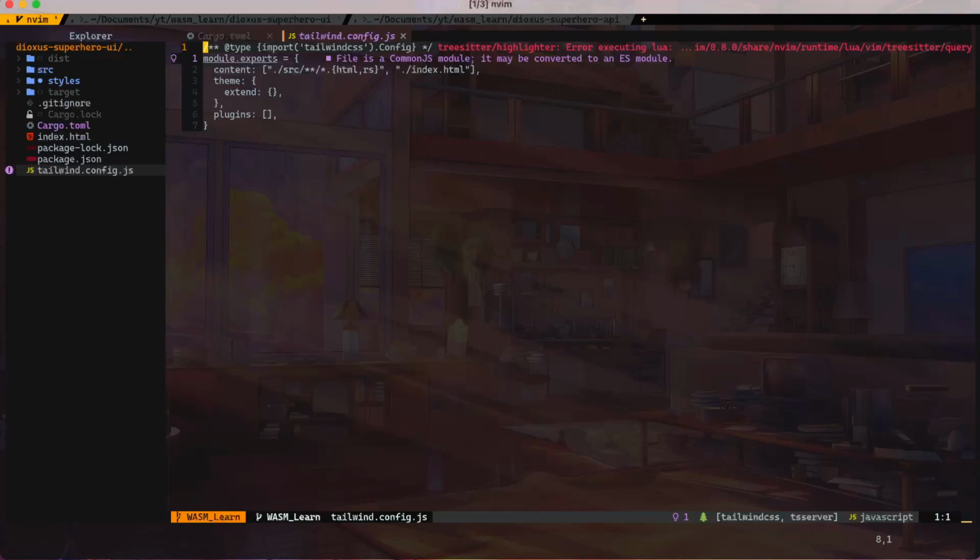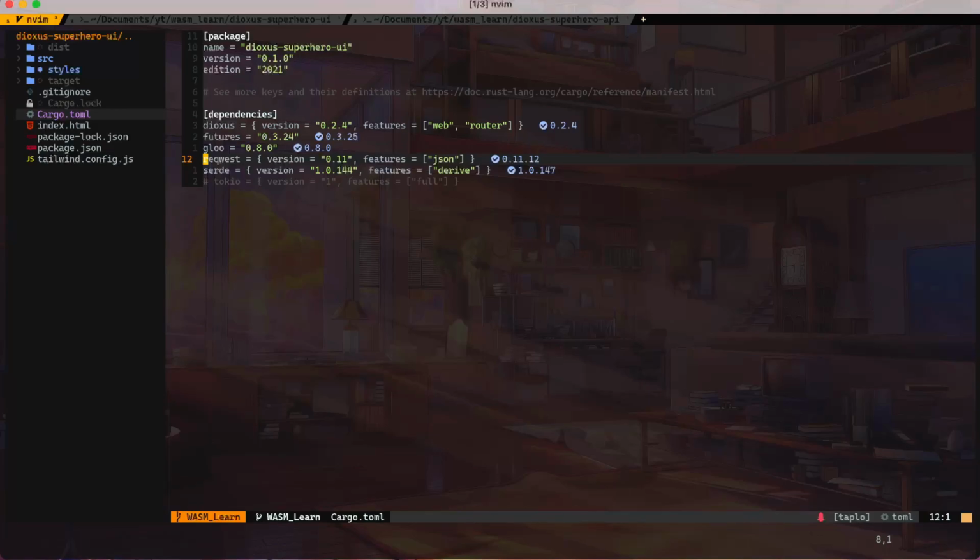But here, this is based on the reference material that I will provide links to in this video description. Basically, we are trying to set up Tailwind so that whatever classes we use will be included as part of our project. It is not going to include everything from Tailwind. The way to set it up is this line number 3 that we see here. We are saying that anything in the source folder, HTML and Rust files, and also the index.html, are the sources that will be used to build that Tailwind